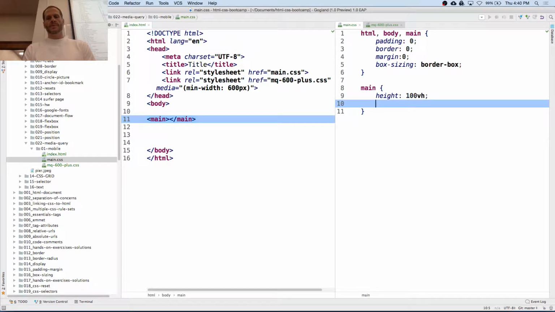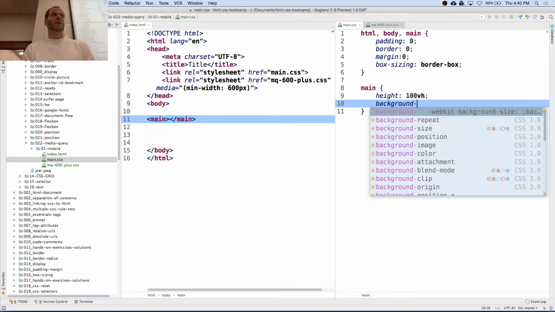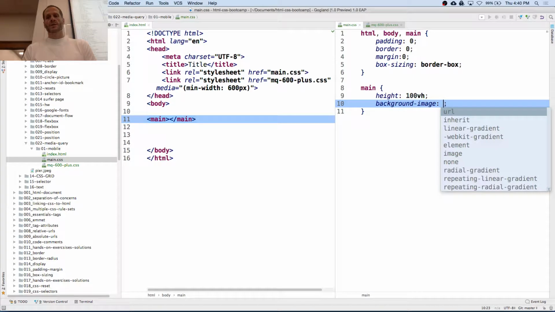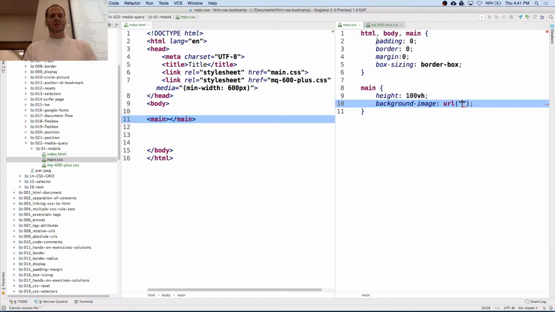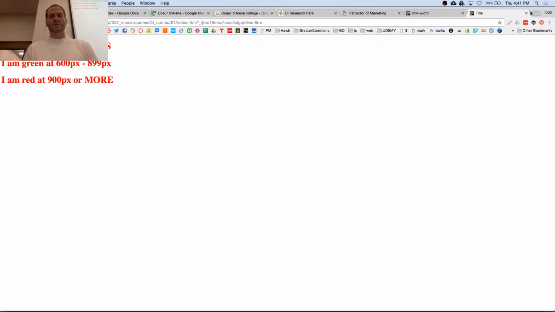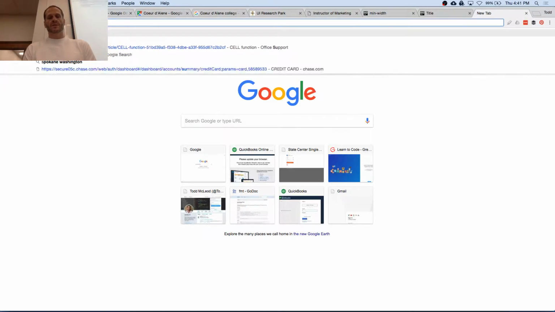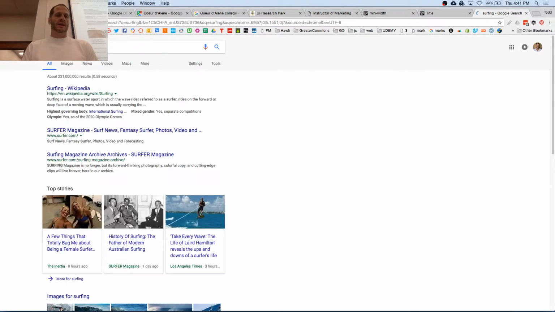and background image URL, and let's go find an image, and this is a max width of 600, so we can go up to 600, so I don't know, surfing, and we'll go to images,